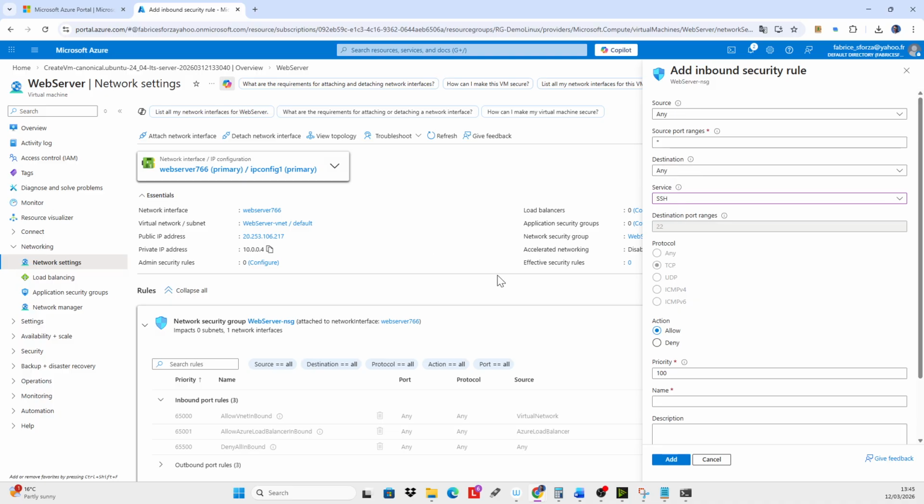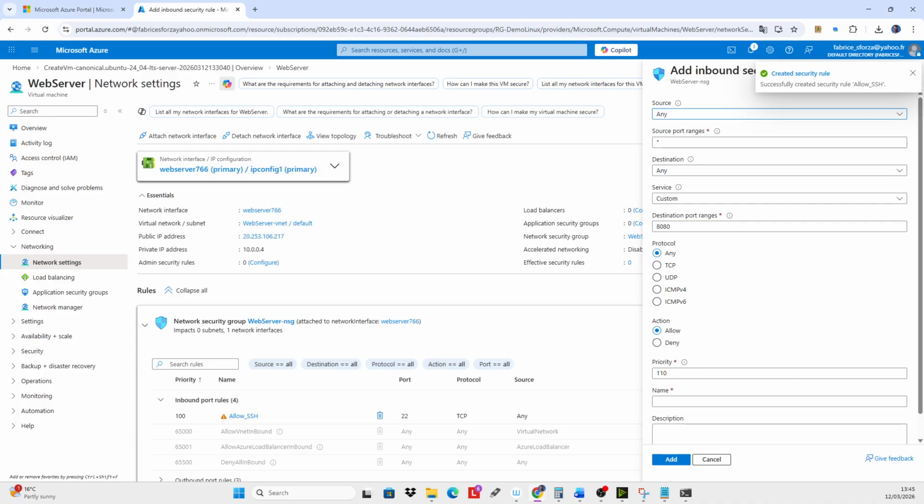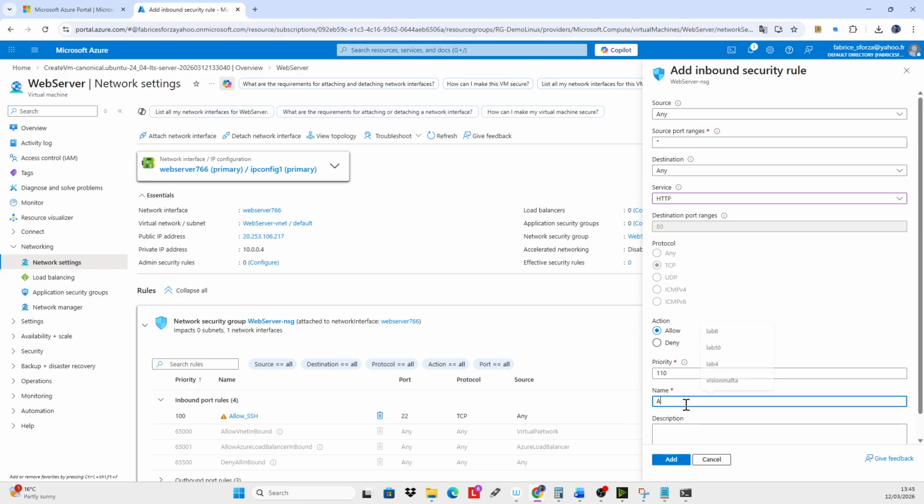Of course, the best thing is to put your IP address here, otherwise everybody can connect. This is the first one, so the priority will be allow SSH. I will add also HTTP because you remember we installed a web server. So let's create another inbound rule. It's very easy. This one will be HTTP, and let's say allow HTTP. Okay, that's better.